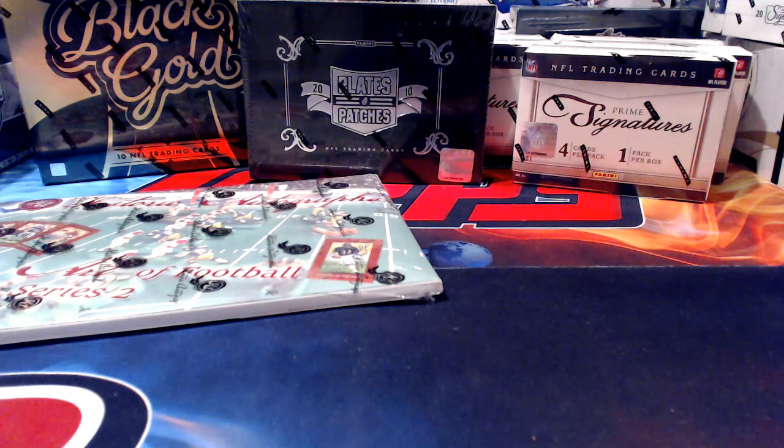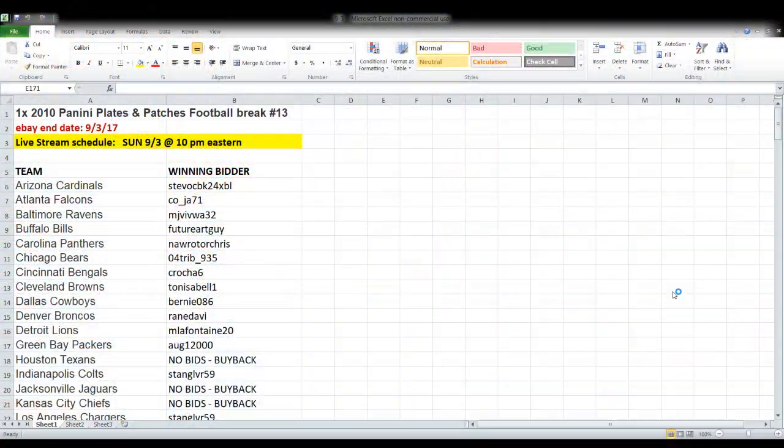Trying to get the tablet, of course, to load the live stream. You guys know the thing gives me fits sometimes. I don't know what the deal is. Anyway, while I'm waiting for it to load chat, let's go ahead and take a look at the spreadsheet for